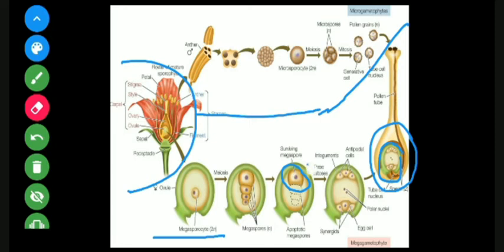Now you know the mitotic division is a simple division which is not reductional, it is an equational division, which will finally give rise to 8 nuclei, and that 8-nucleated structure is called the embryo sac. There is now the formation of a 7-celled, 8-nucleated structure called the embryo sac. Remember, the embryo sac is a very important part because it consists of the egg cell inside it. You can see the egg cell acting as a female gamete, which further fuses with the male gamete to form a zygote.